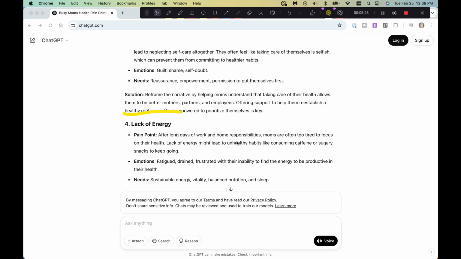After a long day of work and home responsibilities, moms are often too tired to focus on their health, and the lack of energy might lead to unhealthy habits like consuming caffeine or sugary snacks to keep going. We know that sometimes when we're busy and we don't have time to cook and prepare a healthy meal, we just reach for the first thing that is in front of us, and sometimes that may be that chocolate bar, maybe that Kit Kat, something to fuel our body because we are short on time, low on energy, but